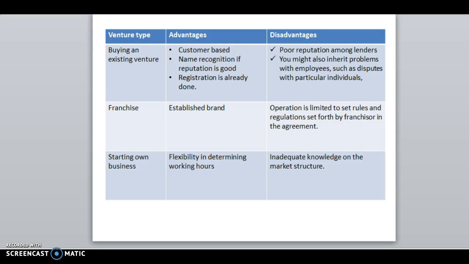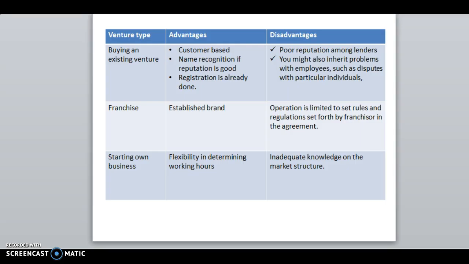The name is recognized by people. That is, if the reputation is good, the name remains clear. It's a perfect thing for the business. Registration is already done. In Kenya, we know how tiresome and stressful registration of business is. So in buying an existing venture, that is a great advantage, really. But then it also comes with a disadvantage,